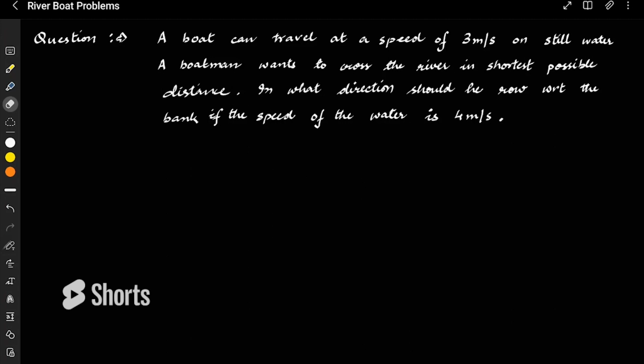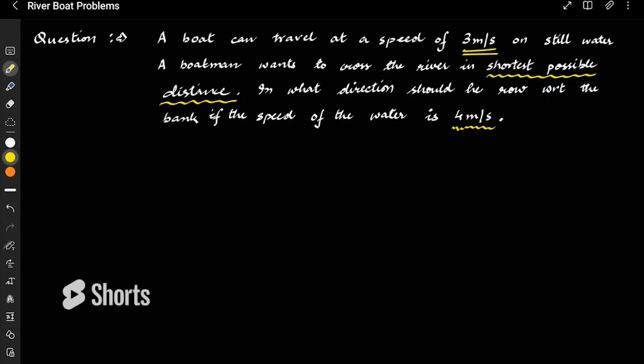This question states that a boat can travel at a speed of 3 meters per second in still water, and the boatman wants to cross the river in the shortest possible distance. Okay, this we have already done in the past, and we have remembered the derivation as well,